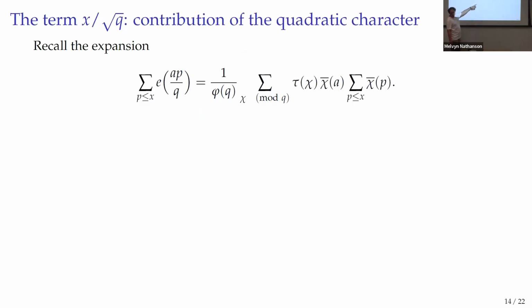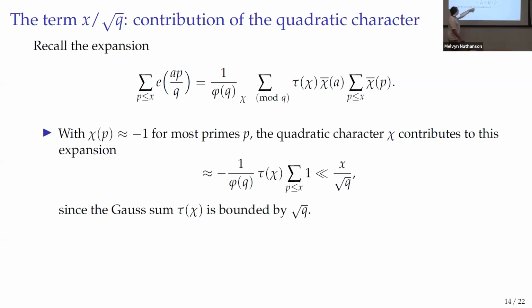So what happens in this decomposition is that if there is a Siegel zero, then look at the quadratic character, and this one quadratic character contributes basically x over log x here, minus x over log x. Assume that the Siegel zero is the only obstruction to the generalized Riemann hypothesis, which could be a fact. If that happens, then the only character that contributes is the quadratic character. It contributes minus the full sum. You get tau of chi of the quadratic one, and you get this. So basically, if there is a Siegel zero, there is a genuine main term of size x over square root q. So we don't know how to get rid of this without getting rid of the Siegel zero. Okay, so this is where x over square root q comes from.